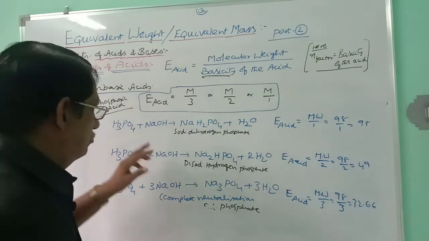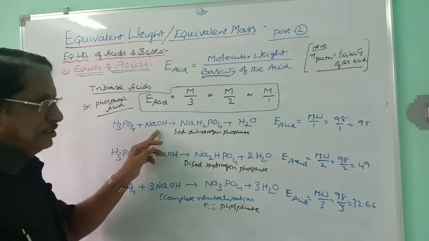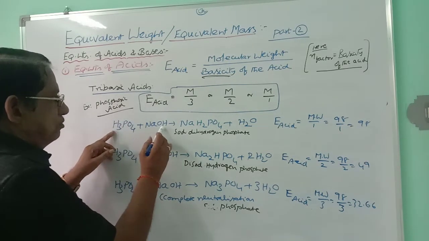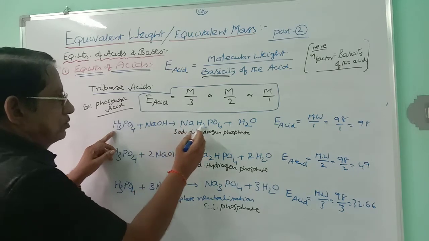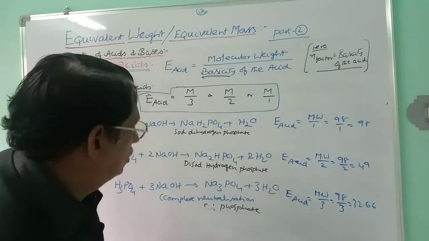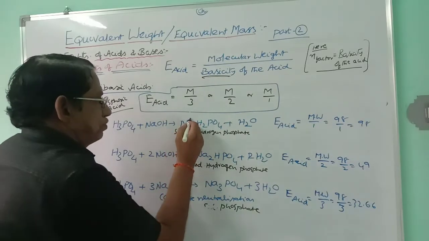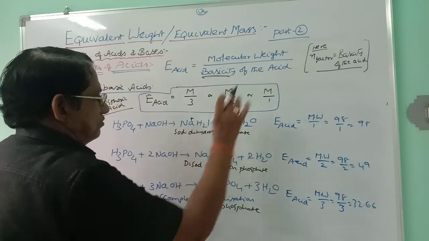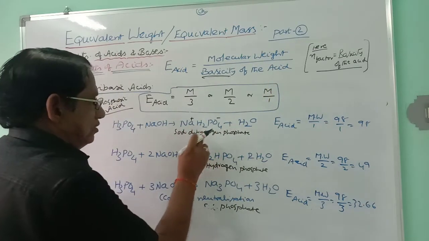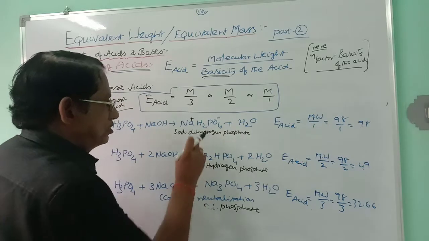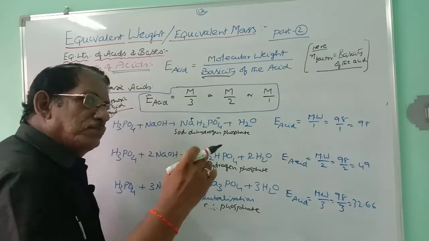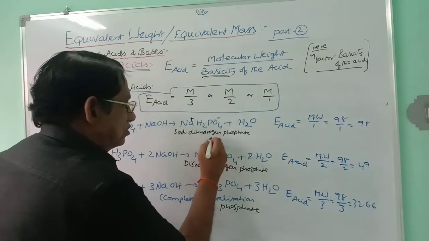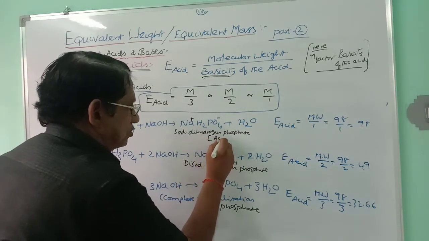Now let us consider the first one. Phosphoric acid is treated with sodium hydroxide, 1 mole here, 1 mole here. Only one hydrogen is taken away by OH minus ions. It is converted into NaH2PO4, Na plus H2PO4 minus plus H2O. This is dihydrogen phosphate ion and sodium ion. This is sodium dihydrogen phosphate. Still, these two hydrogens can be replaced by OH groups. This salt still has replaceable hydrogen, and so this salt is an example of an acidic salt.